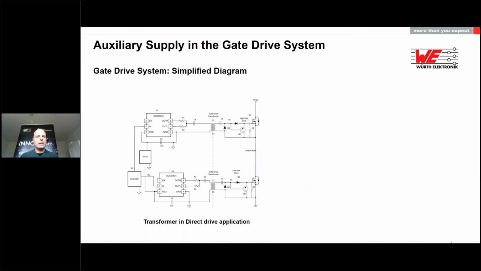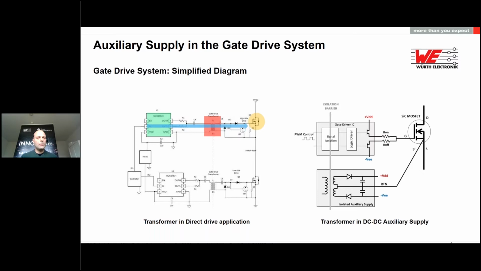Today on the market, we see two ways of implementing gate drive controls. One of them is using the transformer to actually transfer the control signal. I would say the old way, here on the left. How it works: the IC controller sends the signal through the transformer over the isolation barrier to the switching device gate. Therefore, the transformer's role in this is to pass through a signal and not power.